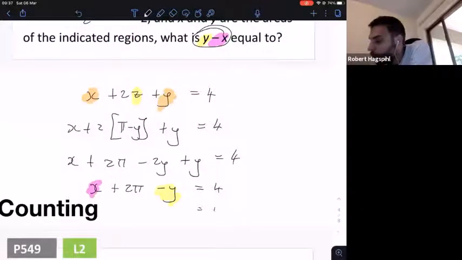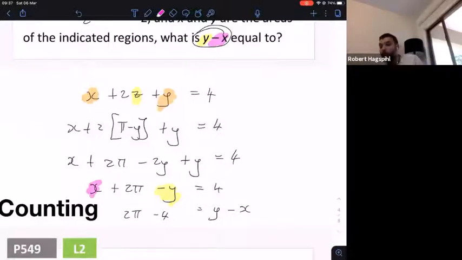I want it the other way around. And so I'm going to take the y and the x to the other side. I'm going to leave the 2 pi on this side. I'm going to subtract the 4 on both sides. And now I have solved what y minus x is. It's 2 pi minus 4. Okay. So again,